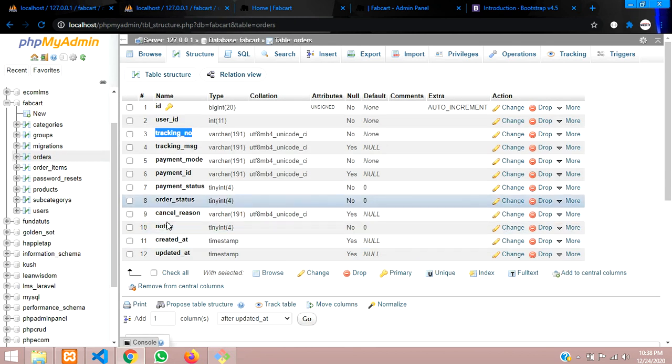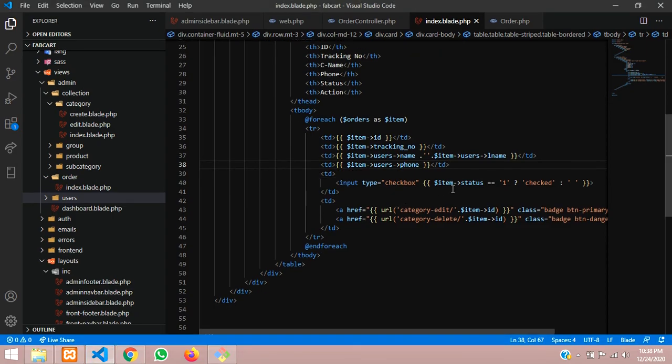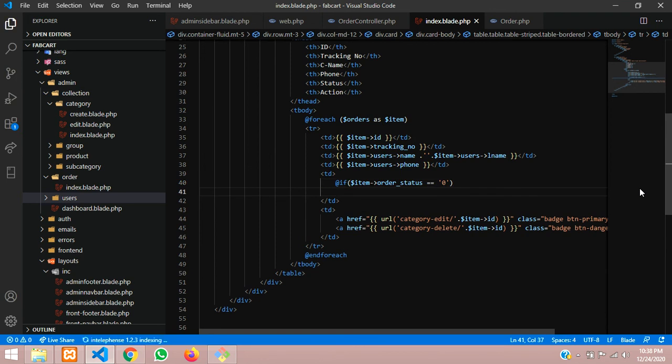Where is the order table? Okay, so order status. Let us copy this and mention it over here. We need to say that if $item's order status is equal to 0, that means pending.